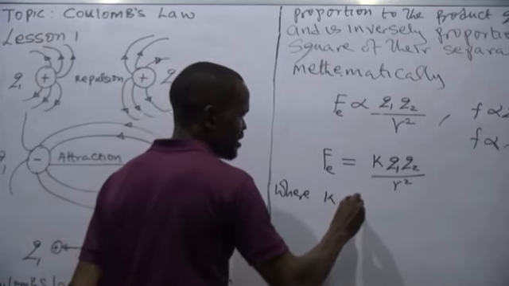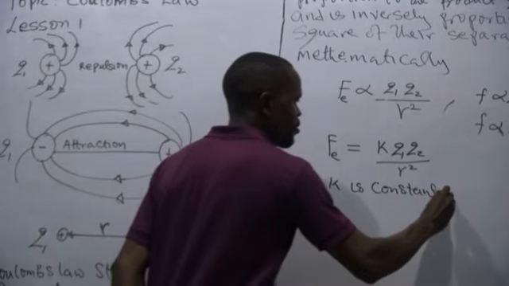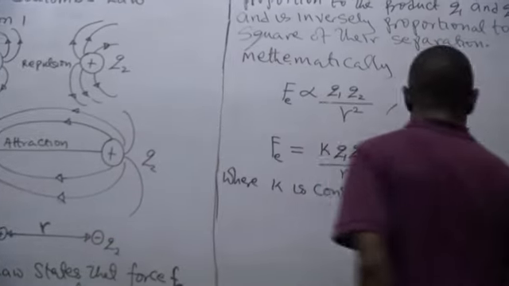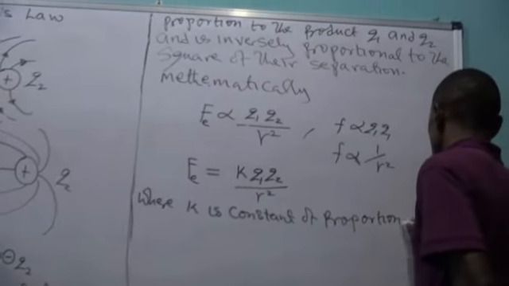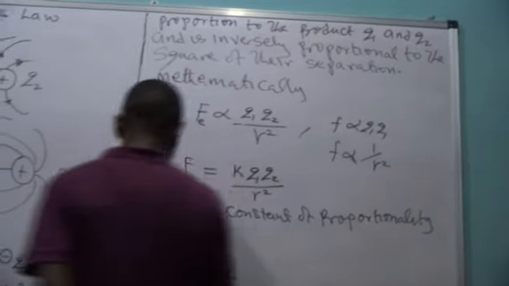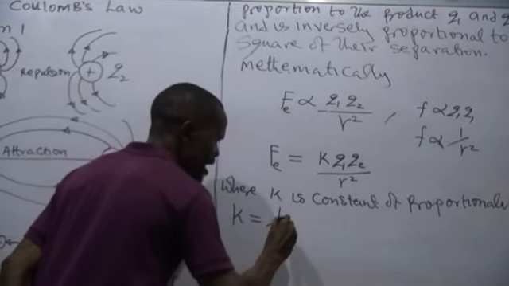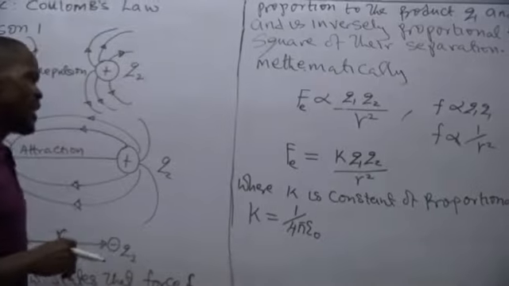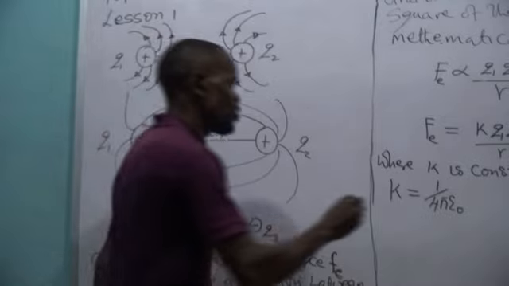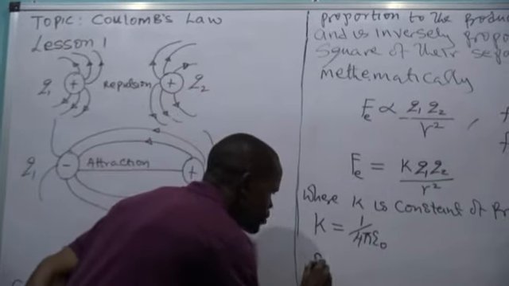K is equal to 1 over 4 pi epsilon O. Where epsilon O